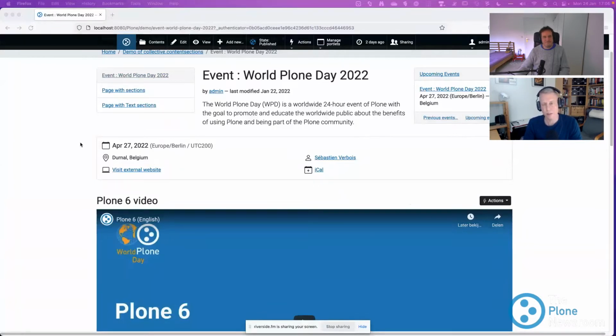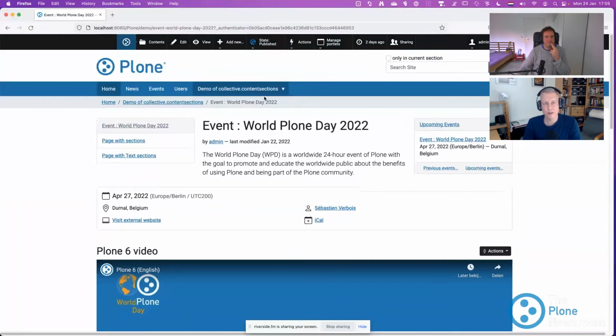This is the easiest demo I've had. It took me 5 minutes to start this up. There's a repository, collective.contentsections, in the collective. Check it out, run make install, make run. It uses Plone 6 already, the Alpha 2, and then you can even import a complete demo section, which I've